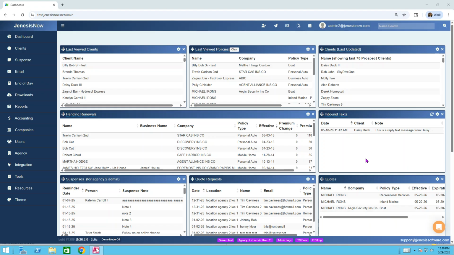In today's updated feature video, we have added additional filter options for your policy cards on your dashboard. Let's take a look. From inside one of your policy dashboard cards, whether it's pending renewals or policies about to expire, if you were to go to the settings icon at the top right corner of one of those cards